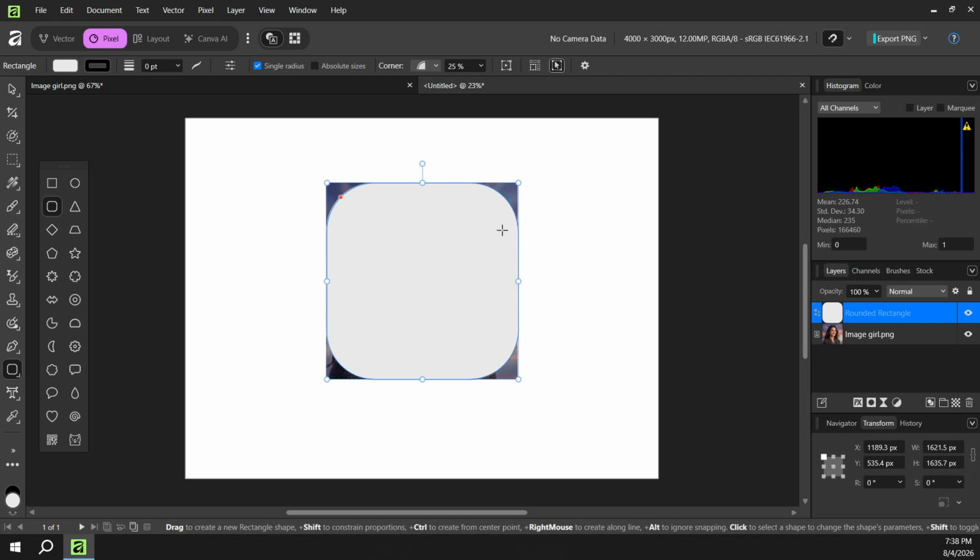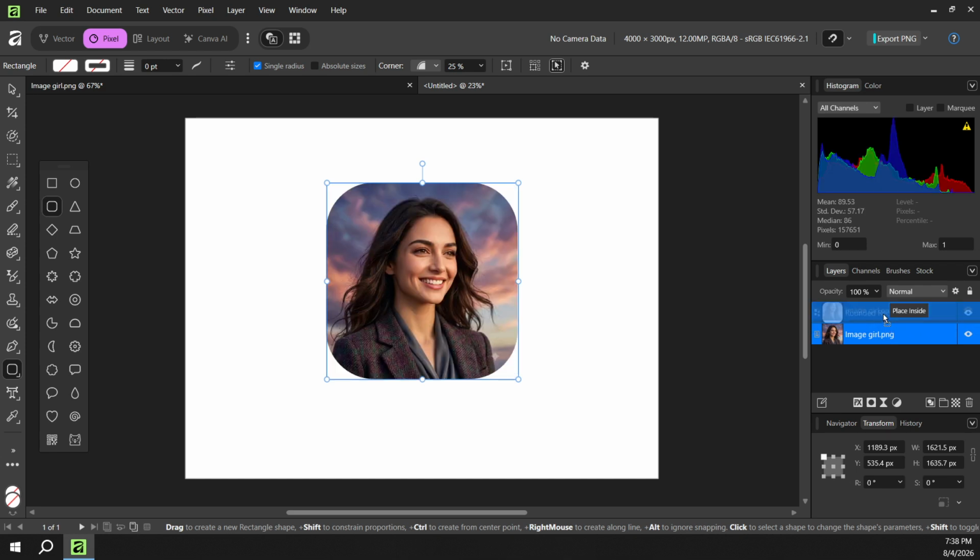Now, let's make the photo adopt those rounded corners. In the Layers panel, place the rounded rectangle above the image if it isn't already. Then drag the image layer directly into the rounded rectangle layer until it indents. This creates a clipping relationship where the shape acts like a container, and your photo instantly appears with perfectly rounded